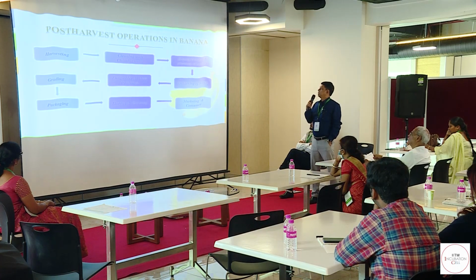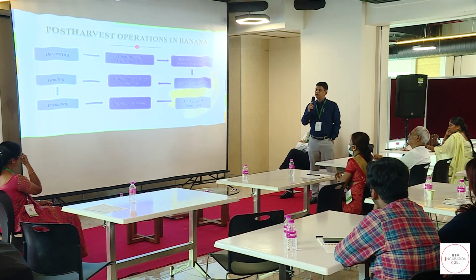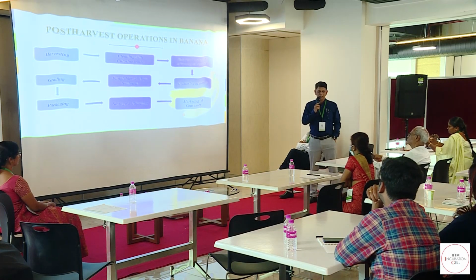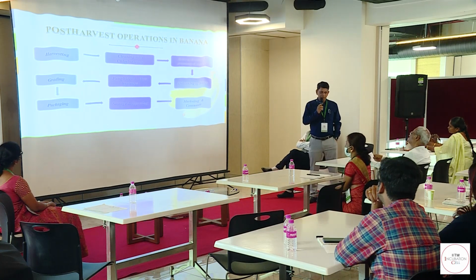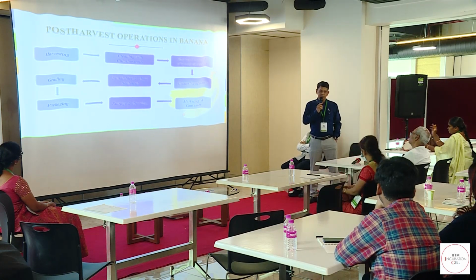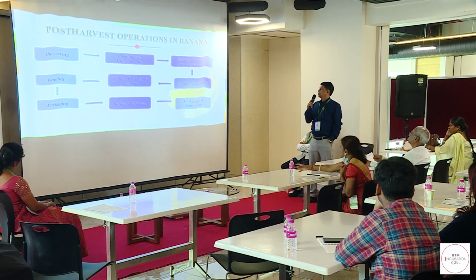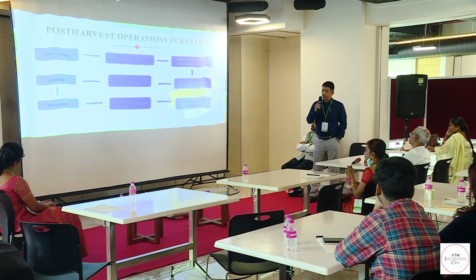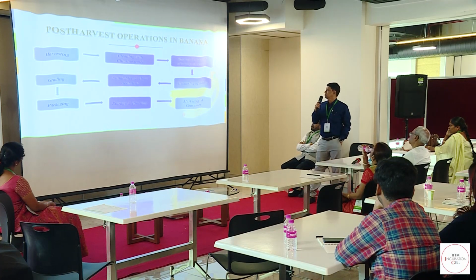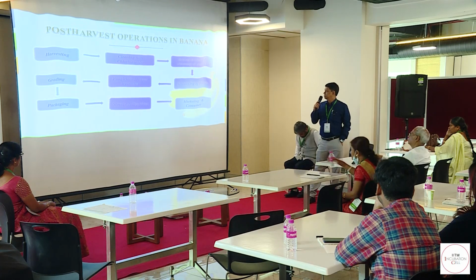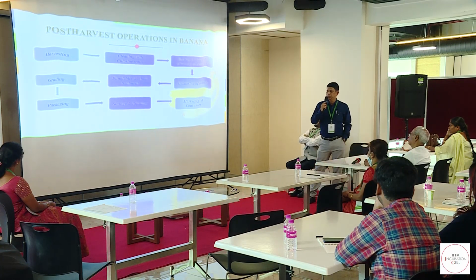Coming to the post-harvest operations of banana after harvest. Harvesting is a very important operation because we have to harvest at the right maturity. If it is meant for long distance transport, we have to harvest at 80% maturity, otherwise we can harvest at full maturity. After that, it should be cleaned with chlorine water to remove the adhering soil, then rinsed in water, and the crowns trimmed to remove the unwanted portions. Then comes delatexing of hands, for which sodium hypochlorite solution can be used.